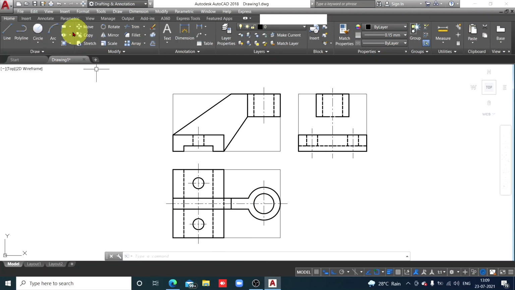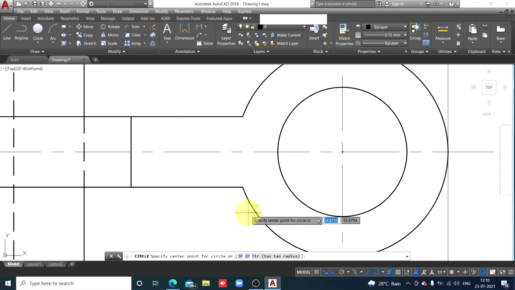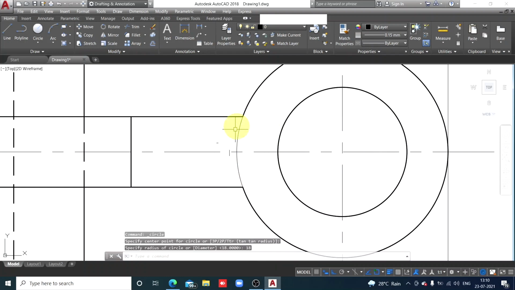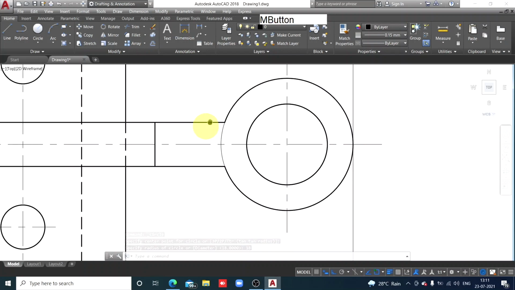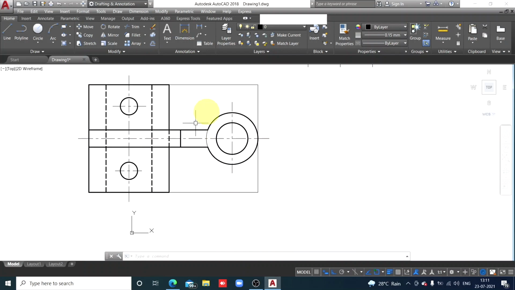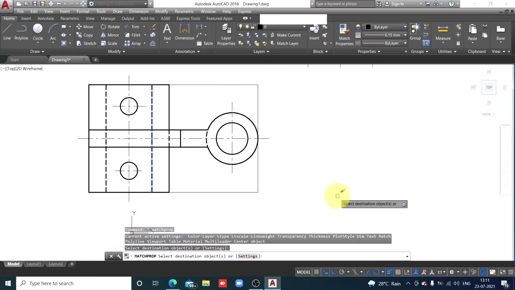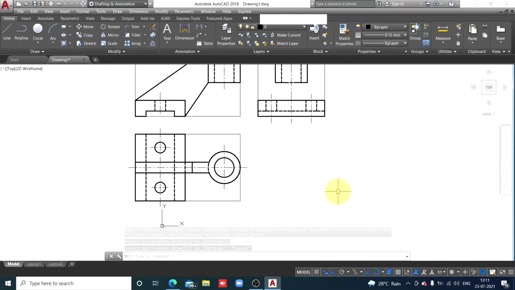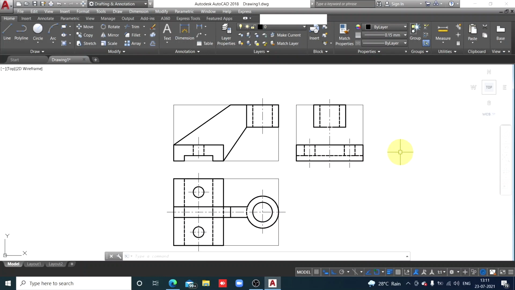So to draw that edge, so circle, select that center. I have selected the center, click, and radius is 18, enter. So check, we got that circle, and it is a hidden circle because it is the circular edge at the bottom of the cylinder. So hidden line I have selected, match properties. So this is how I have completed the top view. Now there is no mistake at all in the top view. Top view is complete. Now side view.